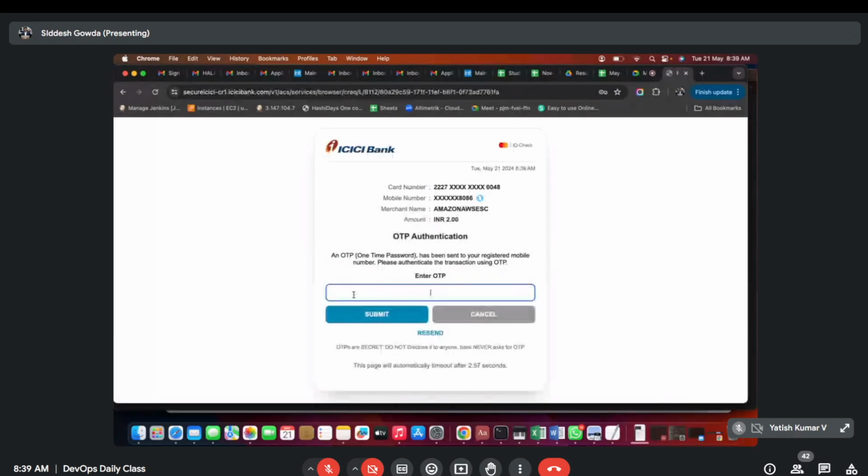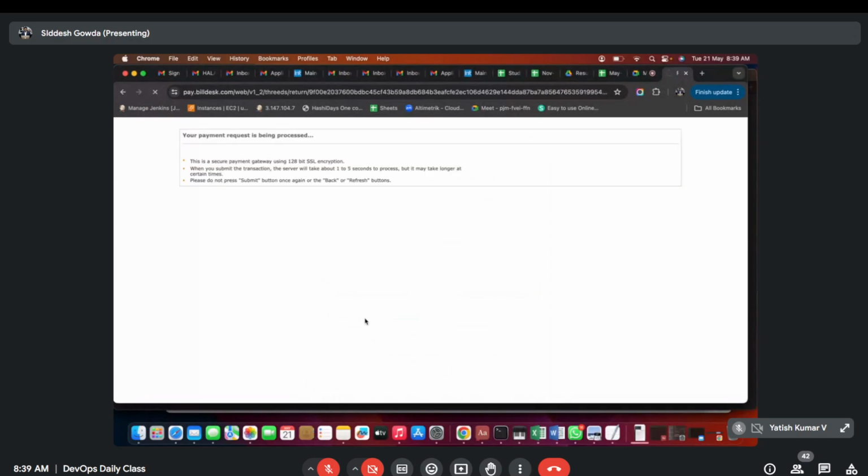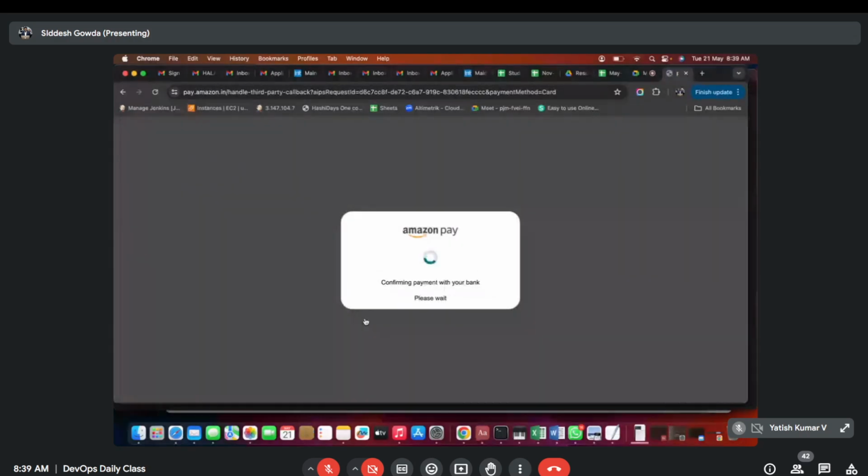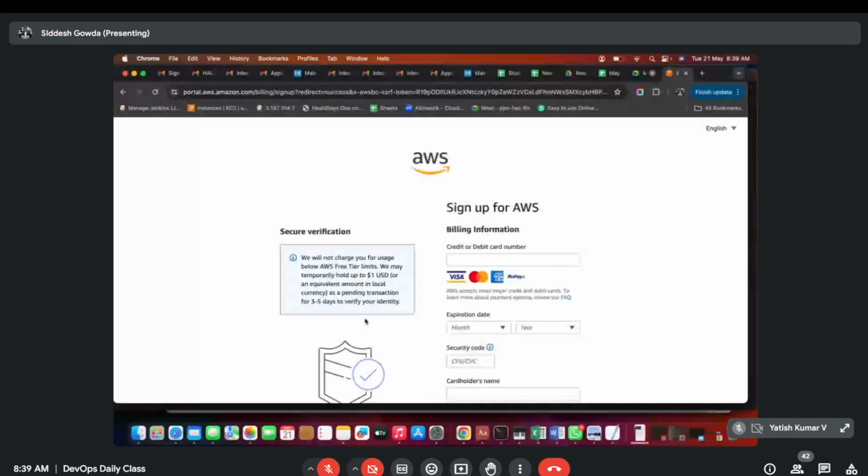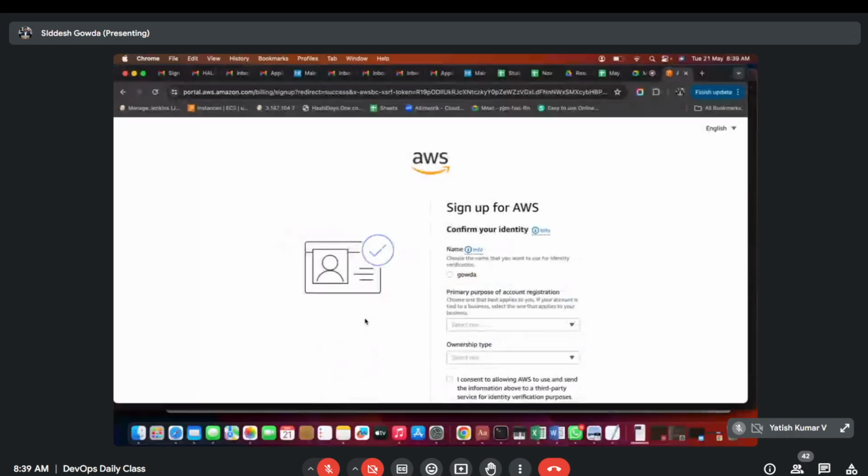So I need to provide the OTP. It will deduct 2 rupees as initial verification charges. So once you're done with that,